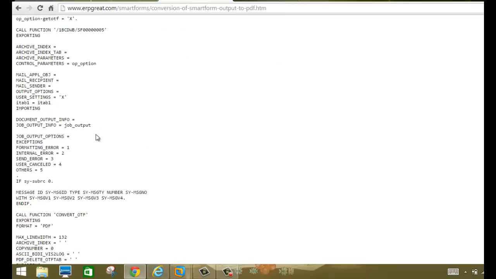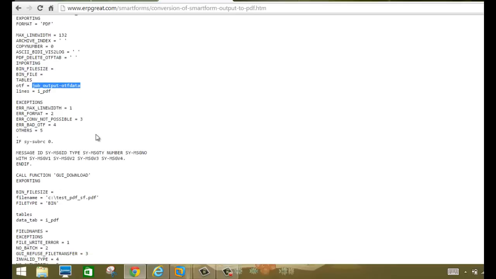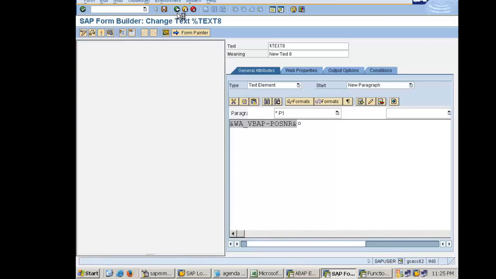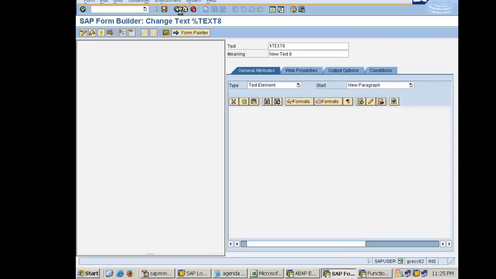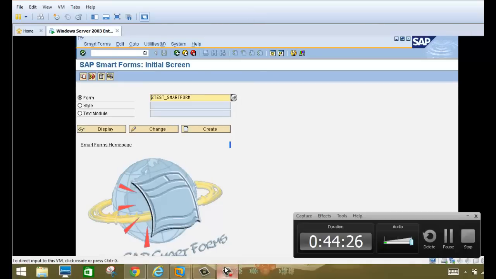So you can refer to the sample coding available. You can try to explore how to convert the Smartform output into PDF, but I don't really have time to change it and convert it into PDF and then give a demo to you. But I believe that you guys should be confident by now and should be able to achieve this, because it's not a difficult task. So with this I would like to wrap up the Smartform session, and we'll see you again with